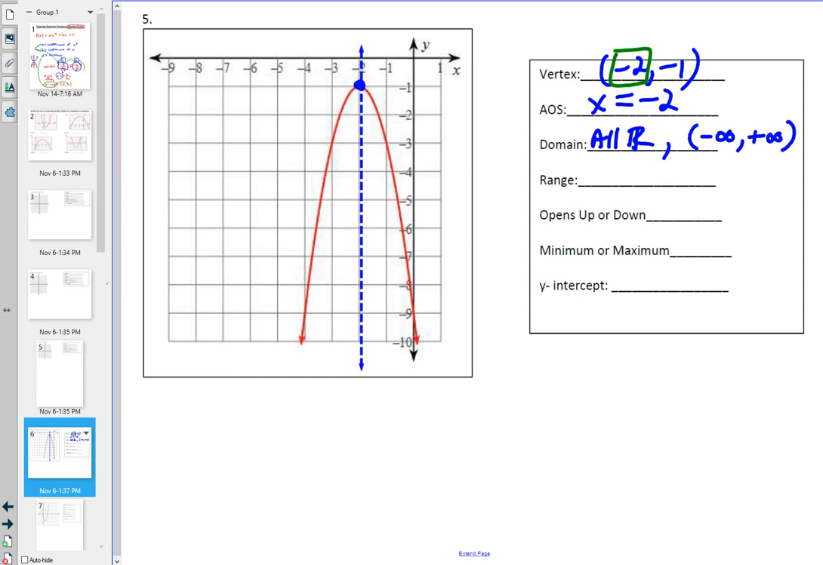The range comes from the vertex. See, because a parabola will always go forever left and forever right, but it does not go forever up and forever down because it has a turning point. In this case, the turning point is called an up to down turning point, because if you think about this